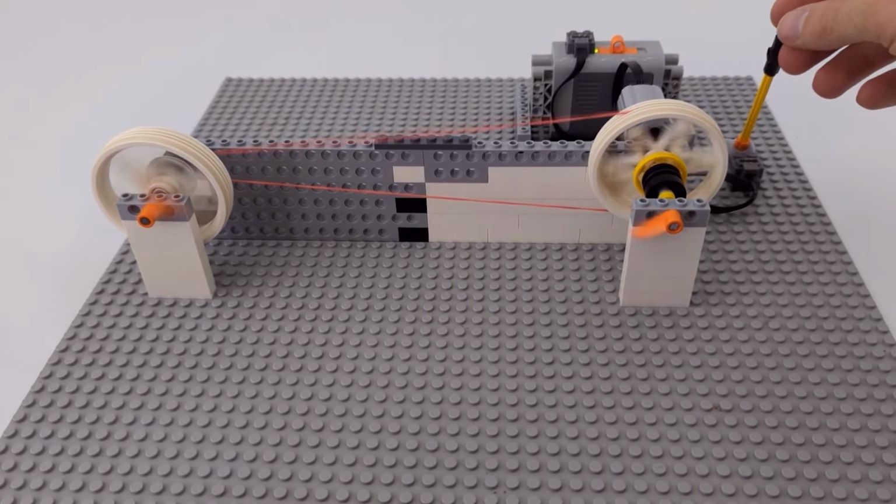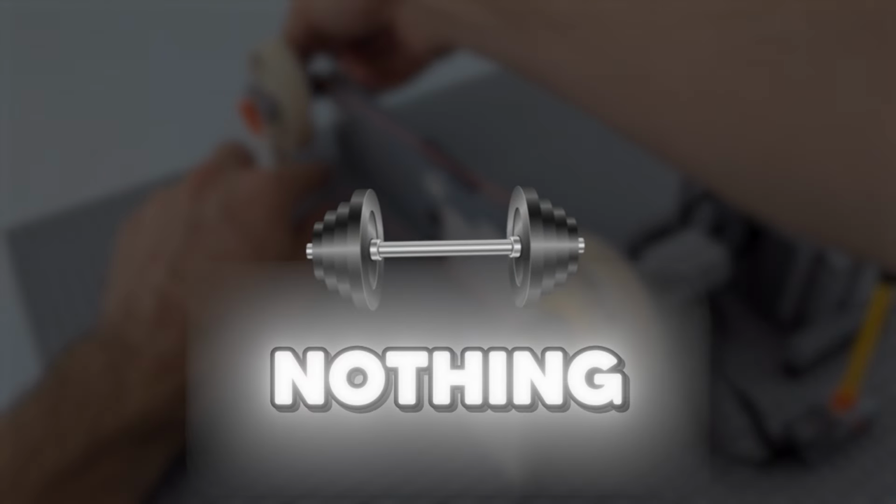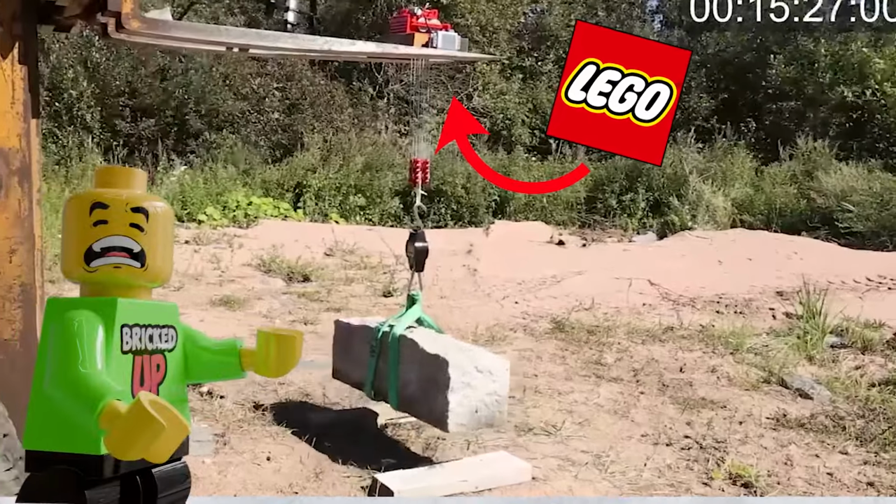This is a pulley system, and in basic terms, it allows you to lift up something heavy as if it weighed nothing. By using tension and taking most of the work away from you, you can lift super heavy things with little to no strength required. This makes you look extremely strong,